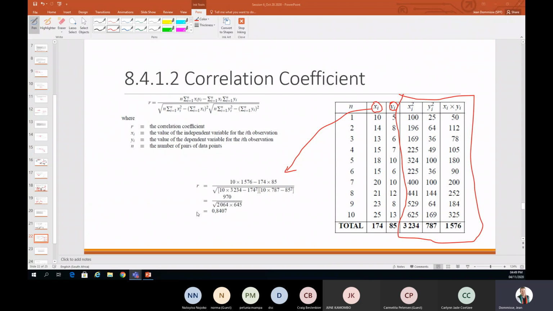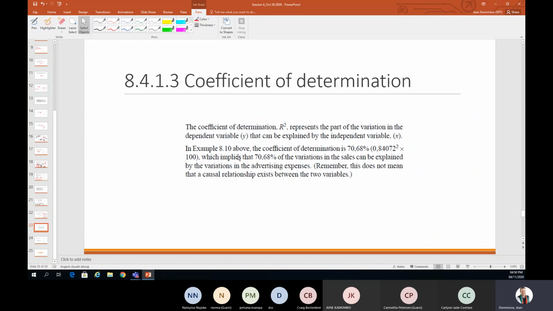Okay, so we've just calculated this both ways. If you used Excel and the Pearson correlation within Excel, we could get the same. If you put it into your calculator, you would use that as your X1, and that will be your Y1. You need to put in the 10 data points, and then you need to look for the R function. Okay. So this is the correlation coefficient.